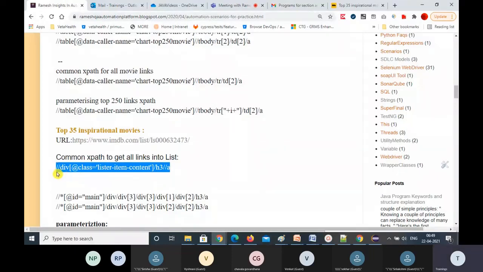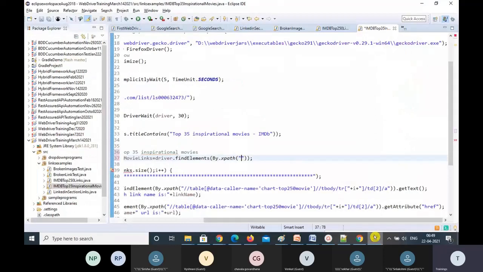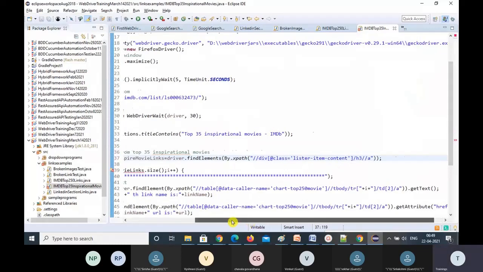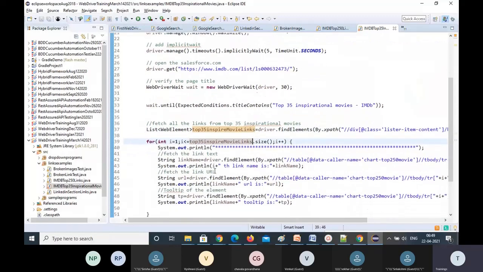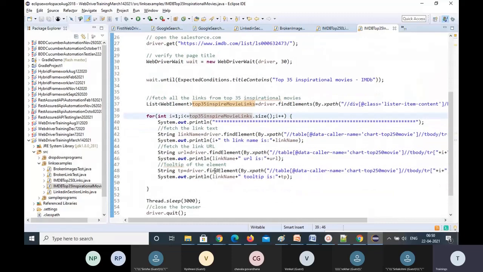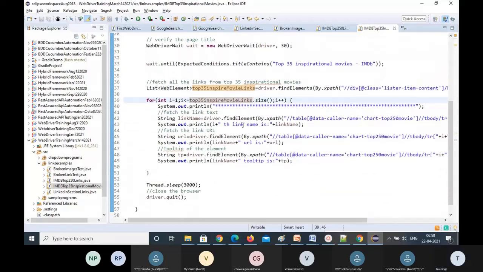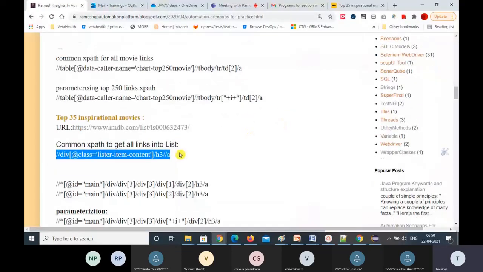I have spoon-fed everything, and I don't know, nobody did it. At least you tried, and I'm happy about that, but the others, I don't know. They do not care at all about what is happening. They don't want to write at all. You are not writing the scenarios. You're never going to learn how to code it, and it's going to be a bigger problem for you in real time.